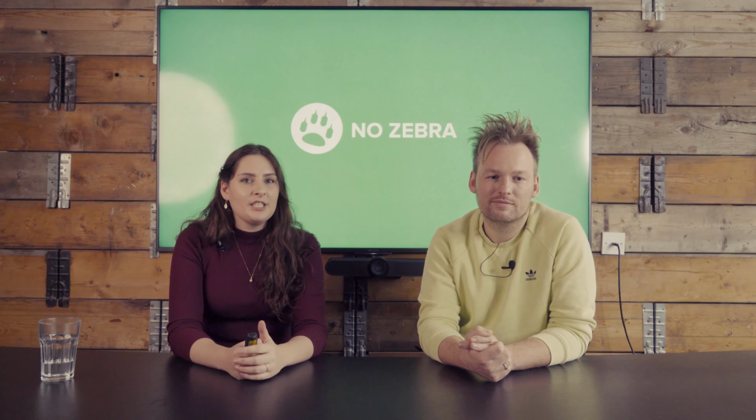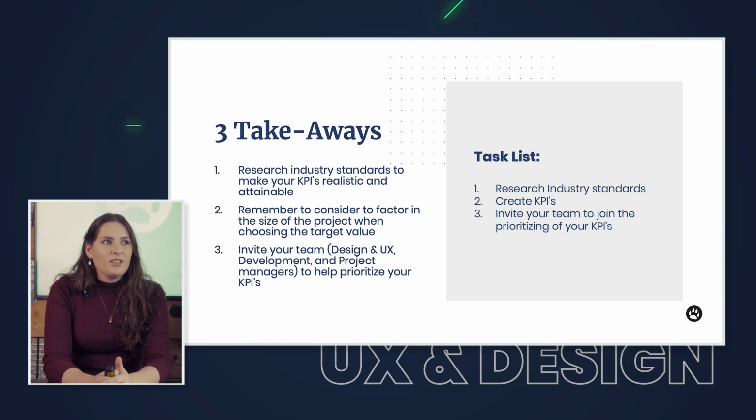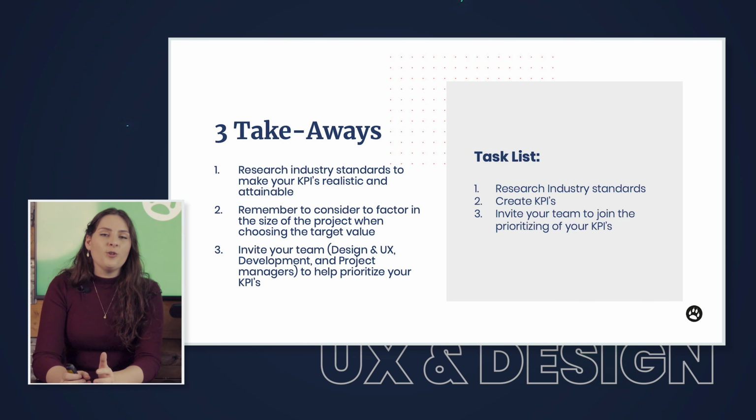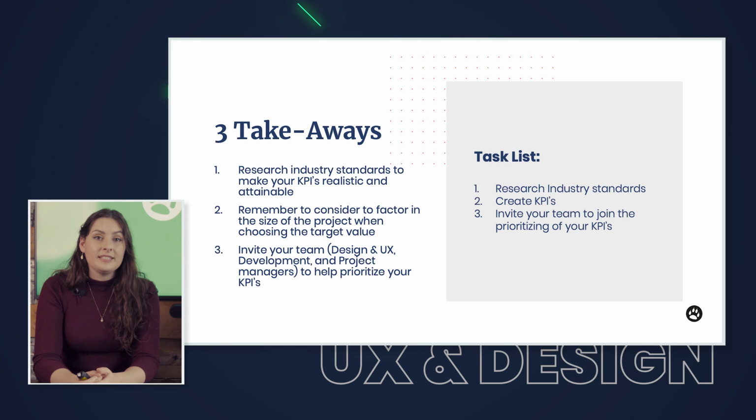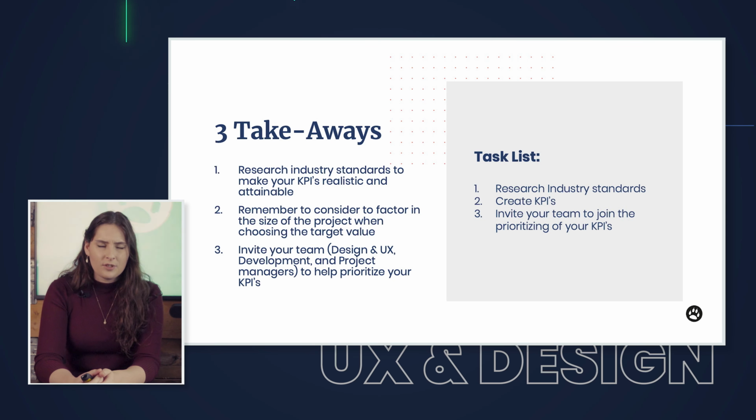So what we want you to consider when working with KPIs is the industry take on it. What is the average within the industry, if it's related to conversion rate or abandonment rate? It's important to take these factors into account when setting the targeted value in your KPI, so you're being realistic and not just shooting for the stars, as I've said previously. And make sure to prioritize your KPIs and have the team involved that needs to have a say in how difficult the project is going to be or how much influence it's going to have.